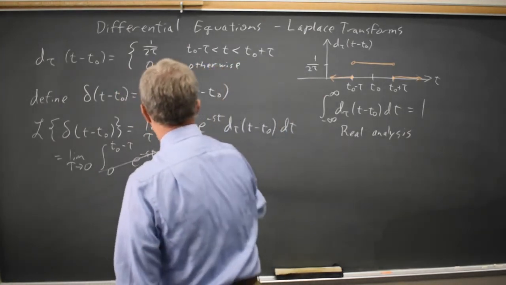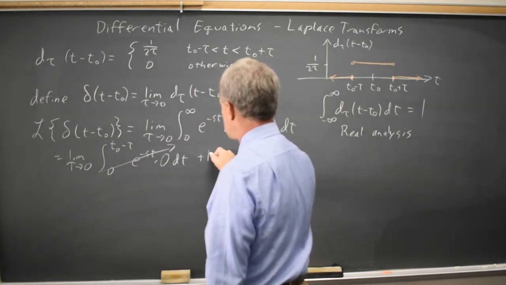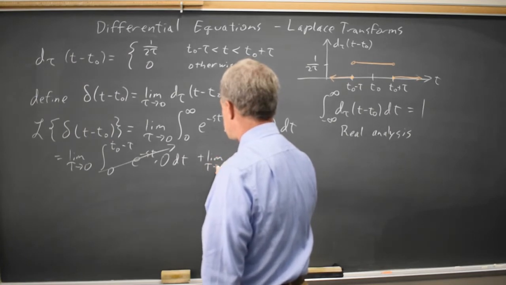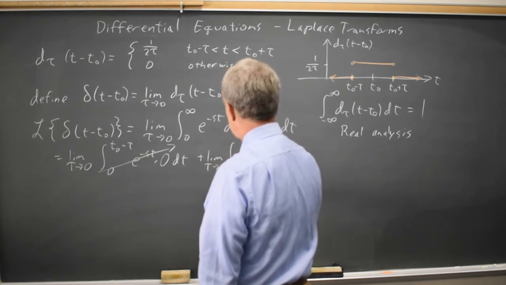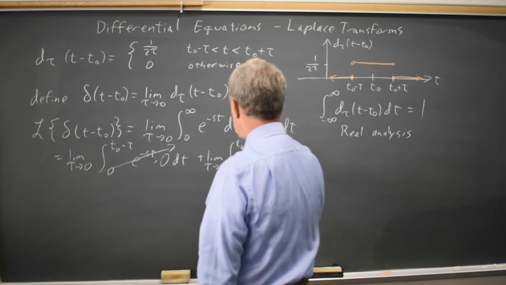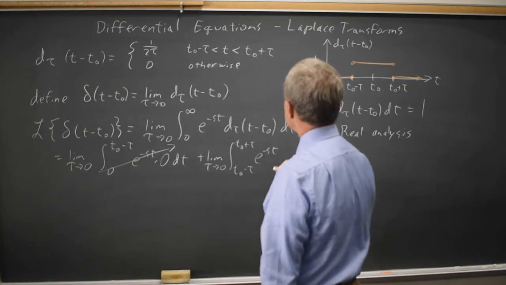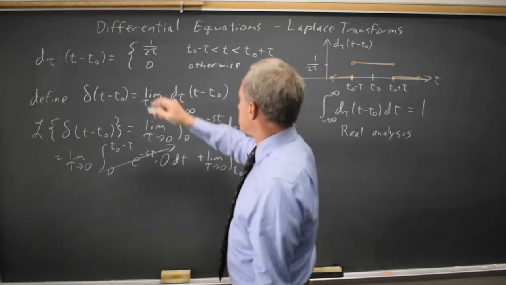So that's 0. Plus the limit as tau goes to 0 of the integral from t0 minus tau to t0 plus tau of e to the negative st times 1 over 2 tau